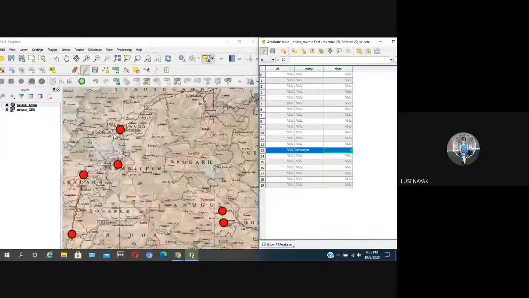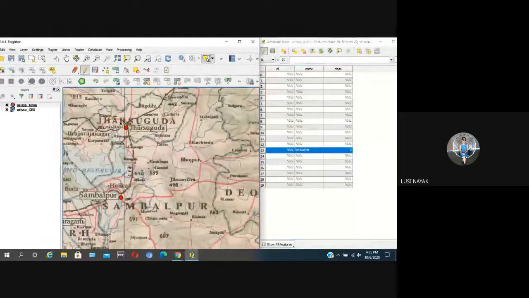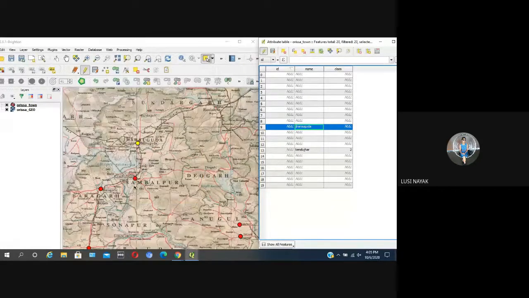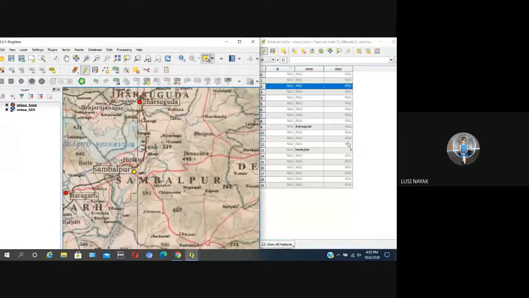Then select your next point, Jharsuguda. Then enter your attribute table. Jharsuguda. Then another point is Sambalpur.